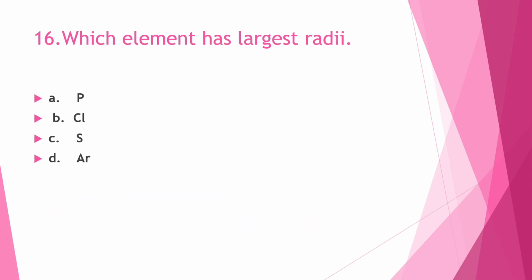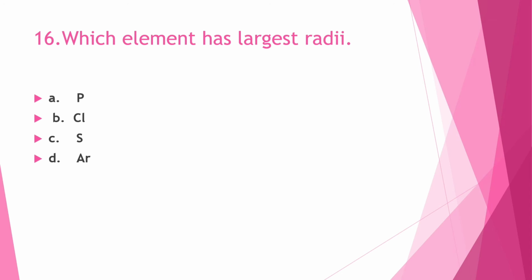Which element has largest radius? Phosphorus, chlorine, sulfur or argon? All these elements belong to the third period. We know along the period left to right size decreases. So if we think about argon, it should be the smallest size. But